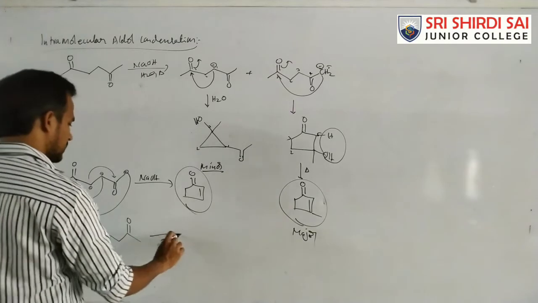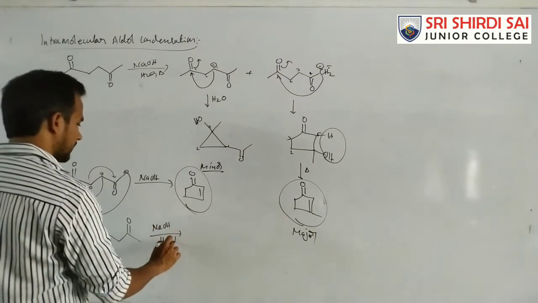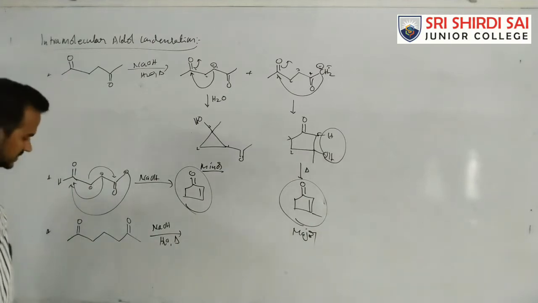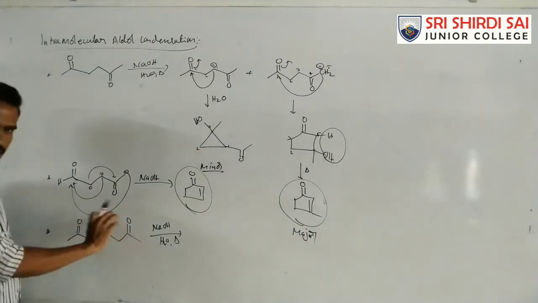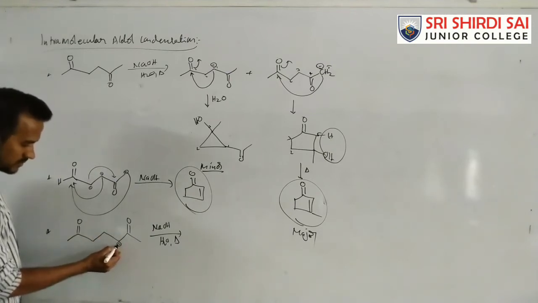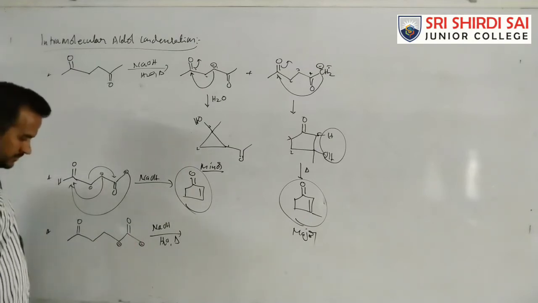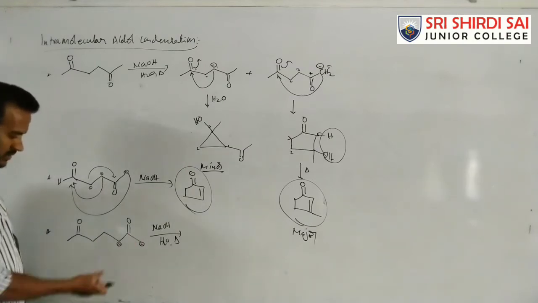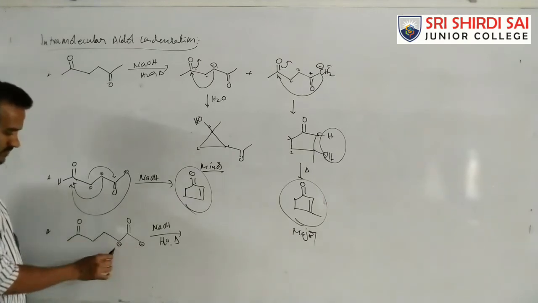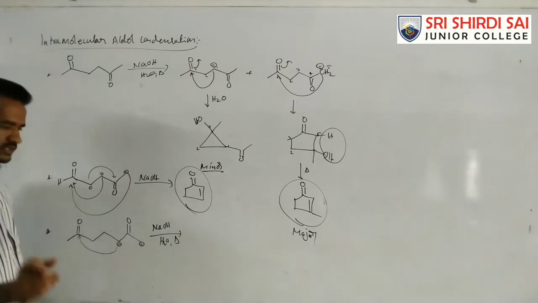See this one. This one I'm treating with NaOH and heating. So in this case, CH3CO, CH3CO on both sides are the same. So the carbanion is generated from this carbon or at this carbon. Okay? Look at the hydrogen you remove, 1, 2, 3, 4. If this one attacks on this carbon, a 4-member ring forms. So the 4-member ring is unstable.